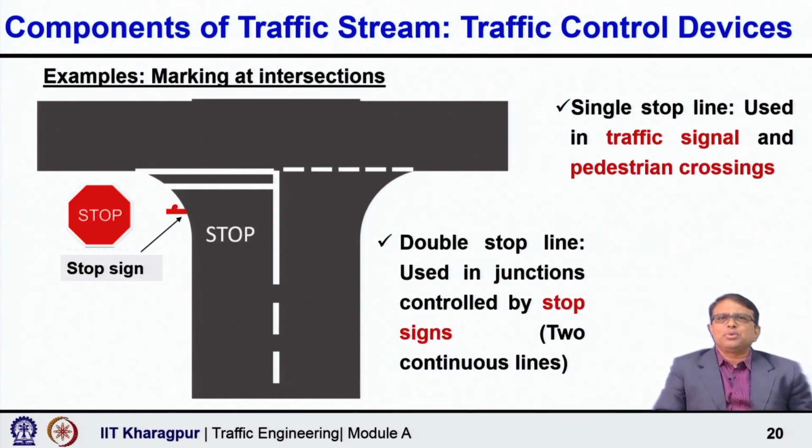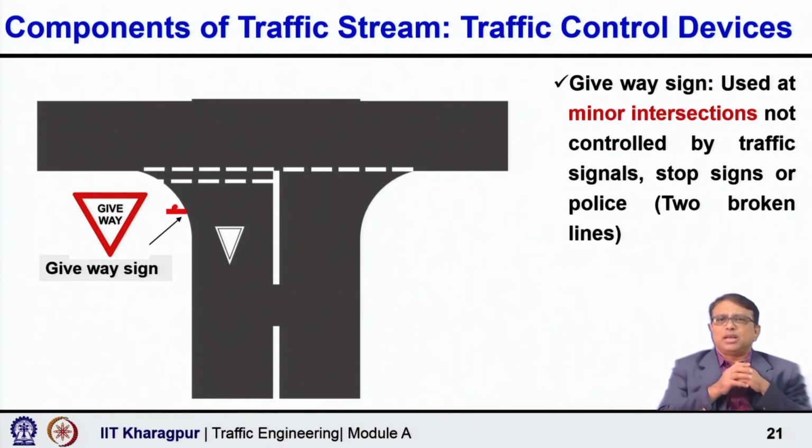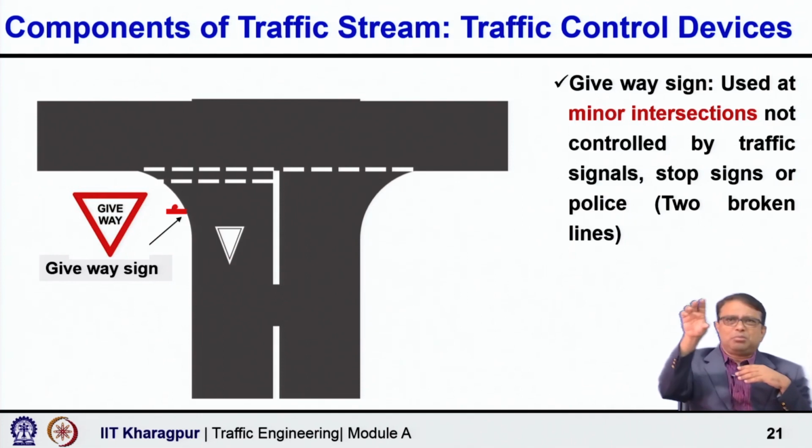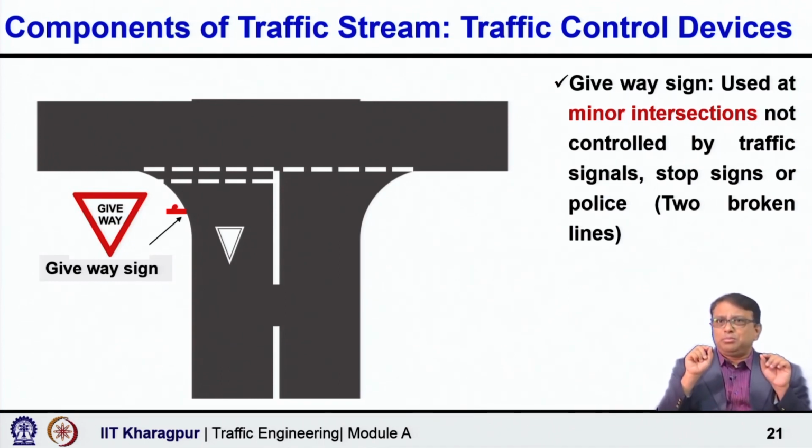These are examples of how the single stop line and double stop line are given, where vehicles must compulsorily stop, then look for a suitable gap, and then do the maneuver. Similarly, the giveaway sign says that if you are approaching from a minor road and it meets the main road, then priority is for the main road. So, you need not stop all the time, but if required you have to stop, otherwise you can slow down, and if a suitable gap is available you do the maneuver.